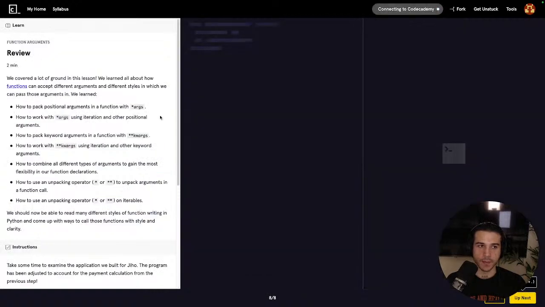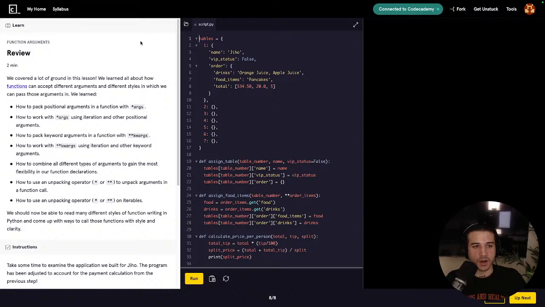Nice. Review. We covered a lot of ground in this lesson. We learned all about how functions can accept different arguments and different styles in which we can pass those arguments in. We learned how to pack positional arguments in a function with *args, how to work with *args using iteration and other positional arguments, how to pack keyword arguments in a function with **kwargs, how to work with **kwargs using iteration and other keyword arguments,